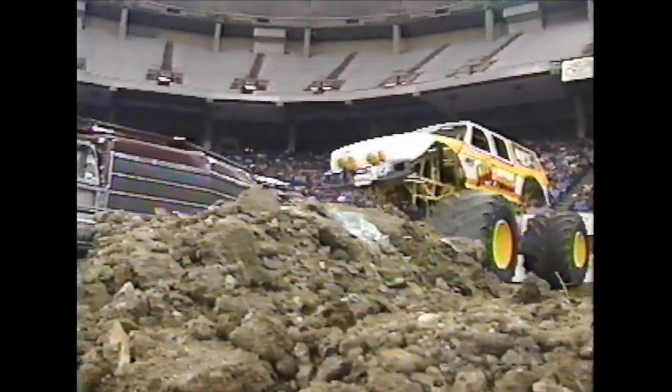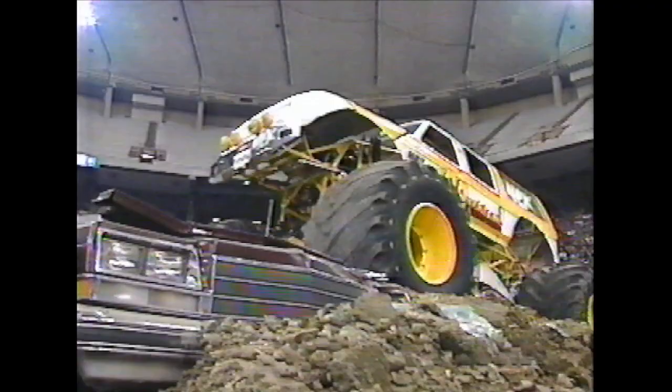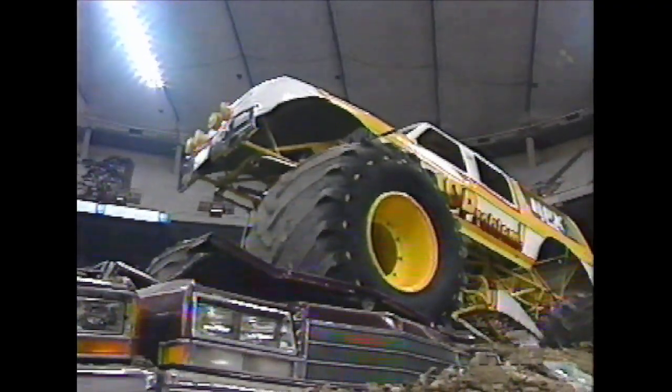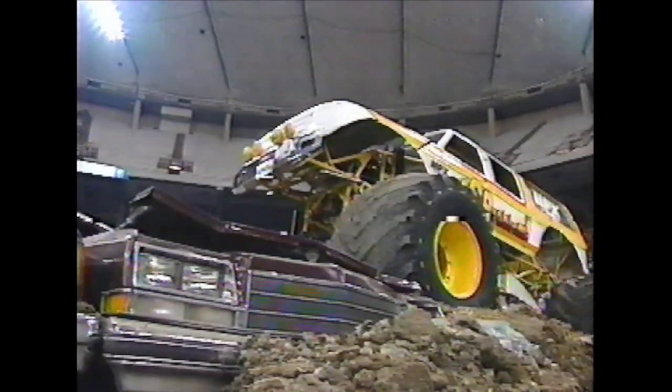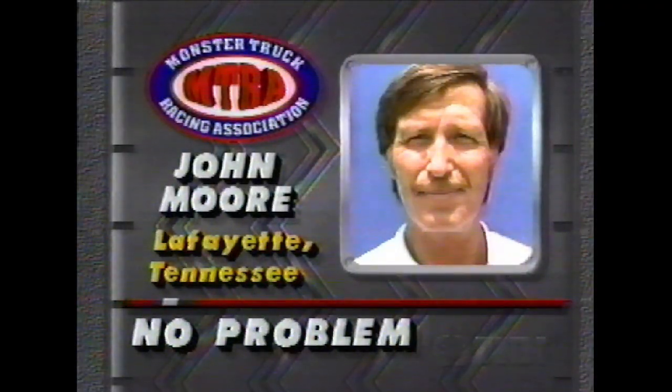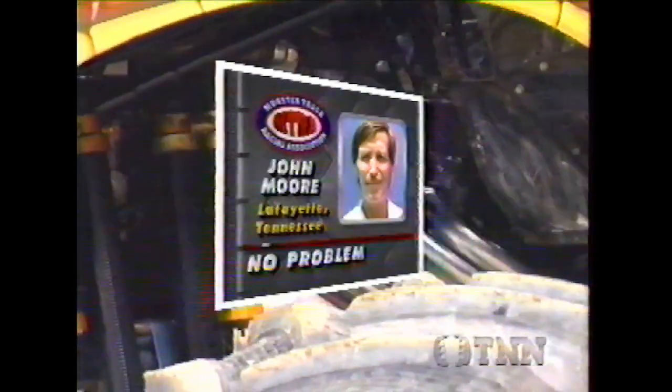Next pairing, John Moore, the cheerleader in the No Problem Ford, and he'll go up against Rick Rattler in Snakebite. Great shot of the Ford No Problem. Now, John Moore and this vehicle have tried to bring over a lot of the technology from the sport of off-road racing. He's out of Lafayette, Tennessee. He and his lovely wife, Heidi, and her daughter, Jill, they put their heart and soul into this operation, but